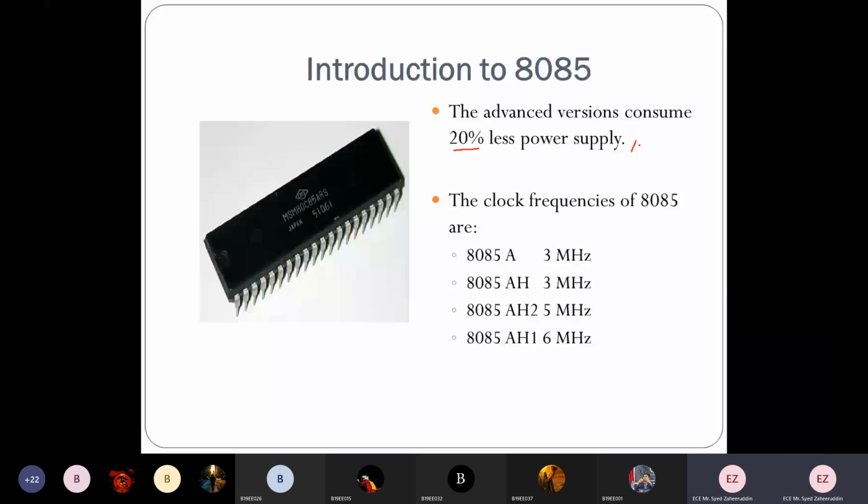Then they make a little bit of change in the microprocessor, less power supply or something like that, and automatically a new microprocessor has been developed. So this microprocessor with the advanced versions uses 20% less power supply.